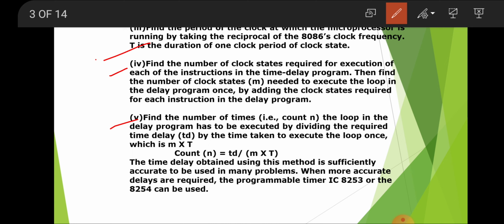Okay, to find the count n, the number of times the loop in the delay program has to be executed, we divide the required time delay td by the time taken to execute the loop. So what we have to calculate is the count. Count means how many times that loop is executed. Suppose that loop is executed 10 times, then